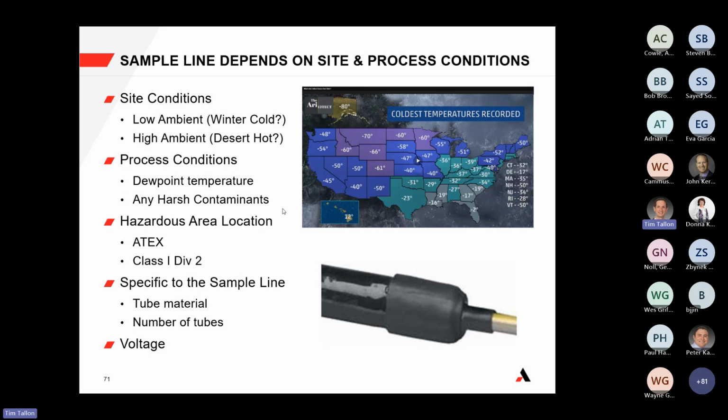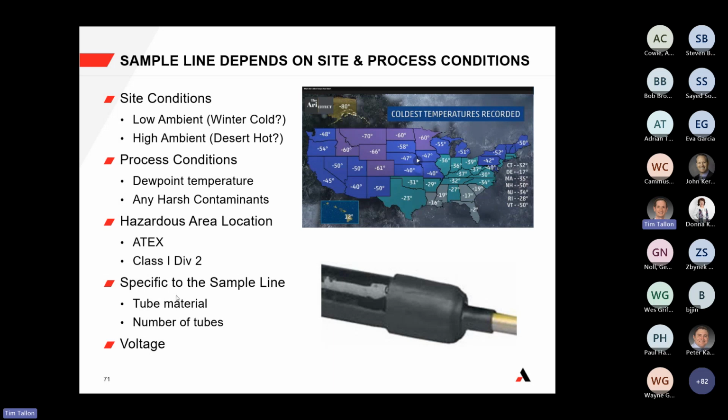Yeah, thank you, Joe. And some things that we think about are like, is there sulfur or hydrochloric acid or any other type of compound in addition to water that would create a dew point that you need to be aware of, especially as customers start to think about hydrogen as a fuel. There's going to be a lot more water, so making sure that you're sufficiently above the water dew point. Then also just thinking about any other contaminants that may be a reason to choose one tubing material over the other. As far as hazardous area locations, you want to be mindful of local hazardous area classifications,